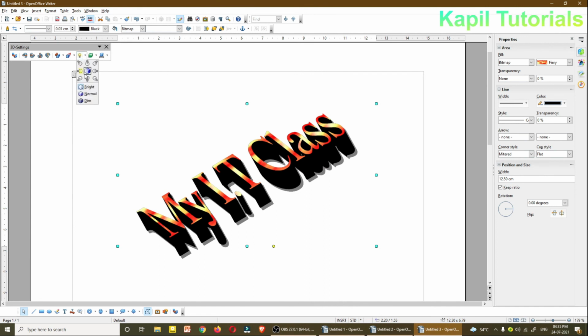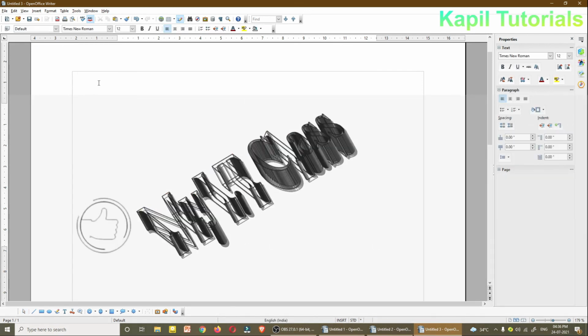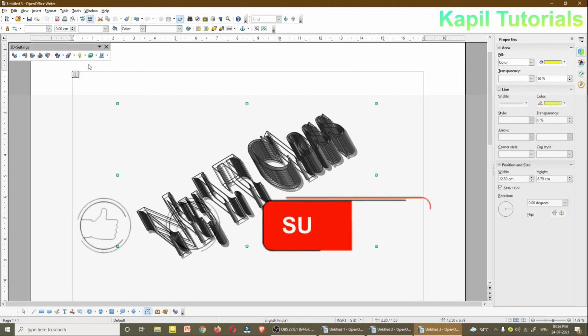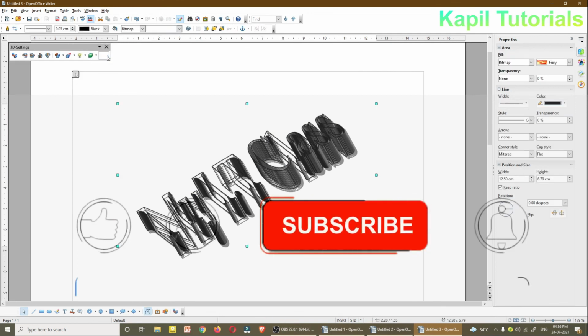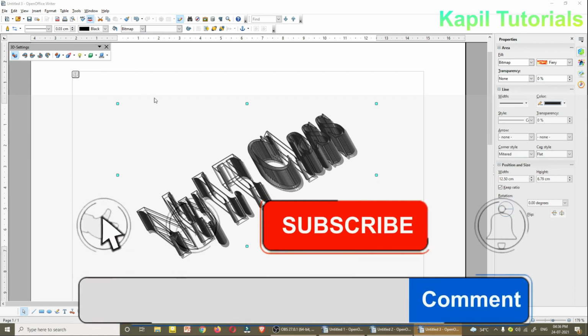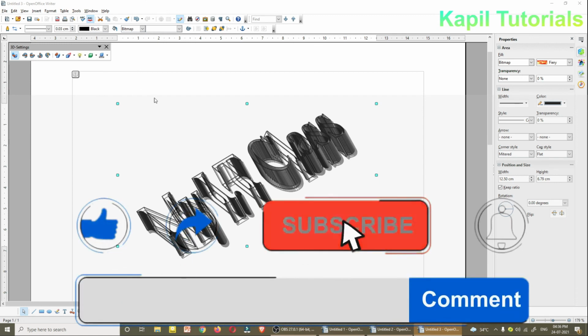And then lighting, from where you want the lighting, that also you have the control: normal, bright, matte finish, plastic finish. Different options are given here. You could see here in wireframe. 3D color, you can change the 3D color.